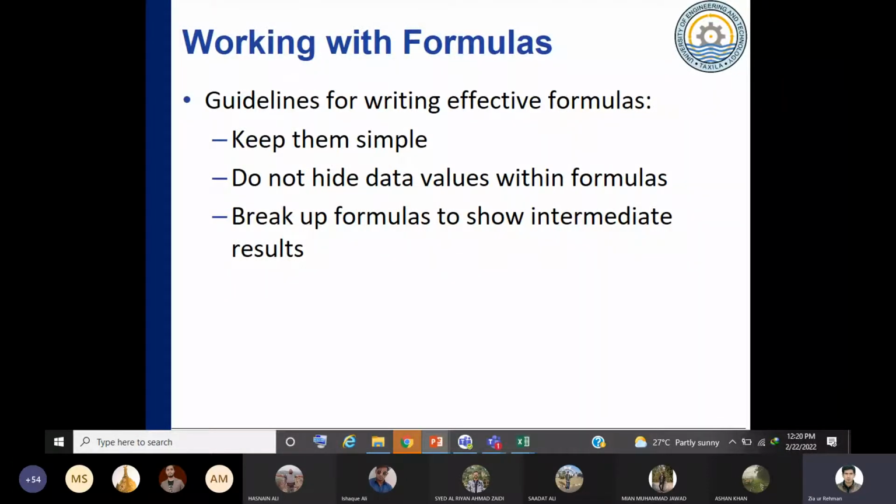Like if you are taking addition as a first order operator and multiplication as a second order operator, then if you apply any formula, it would be wrong.